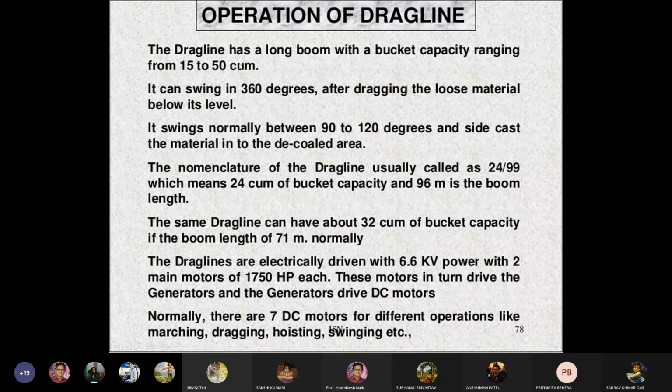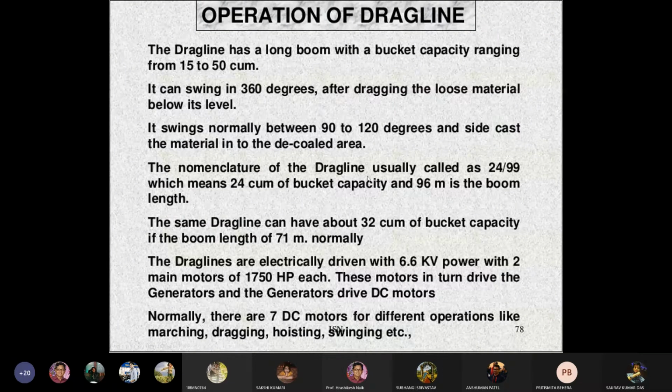The dragline has a long boom with a bucket capacity ranging from 15 to 50 cubic meters. It can swing 360 degrees after dragging the loose material below its level. It swings normally between 90 to 120 degrees and side casts the material into the decoaled area.